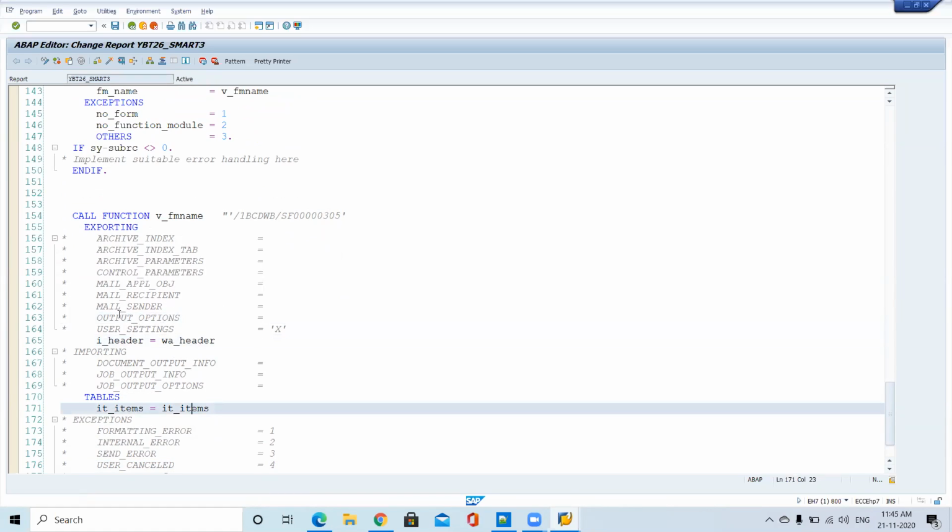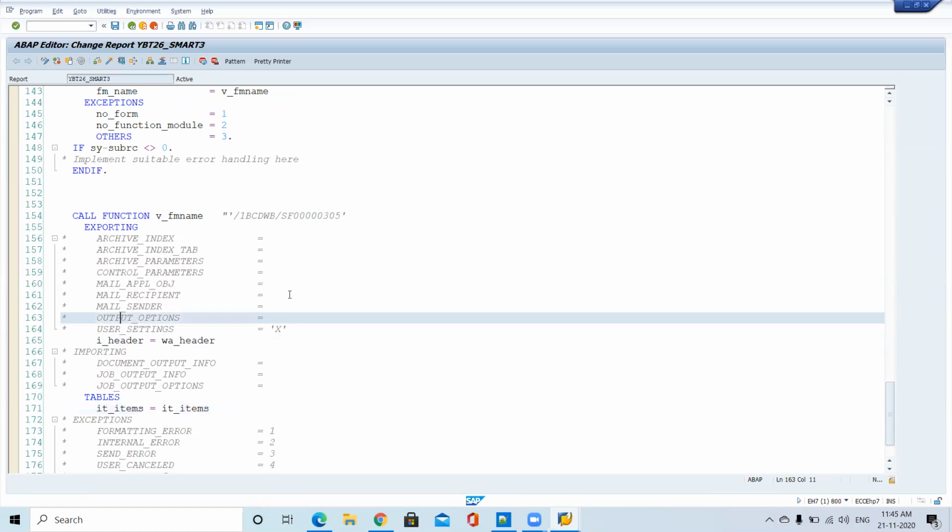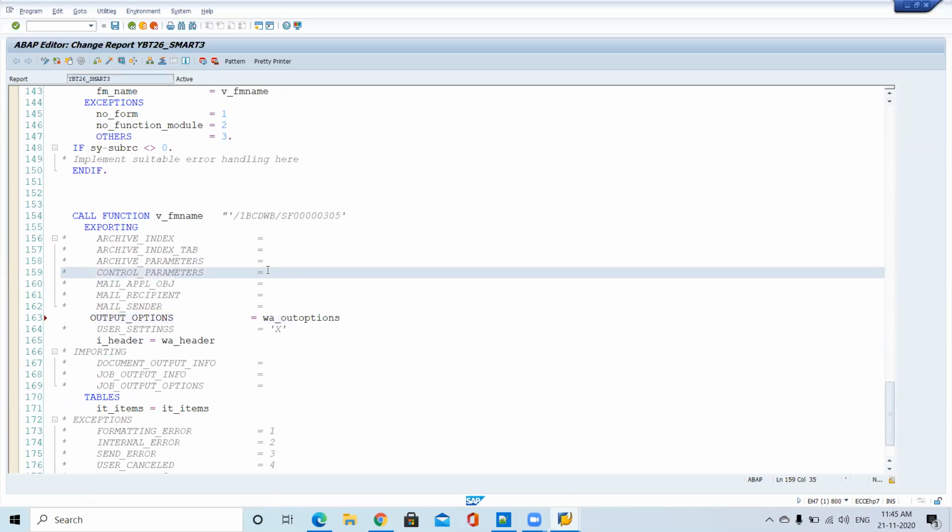Likewise, output options: we need one variable for passing output options. The other one is the controlling parameters.